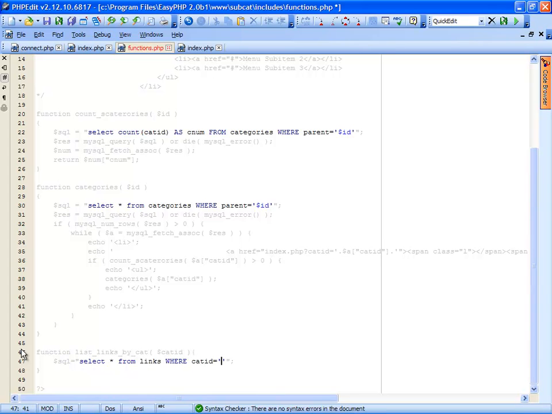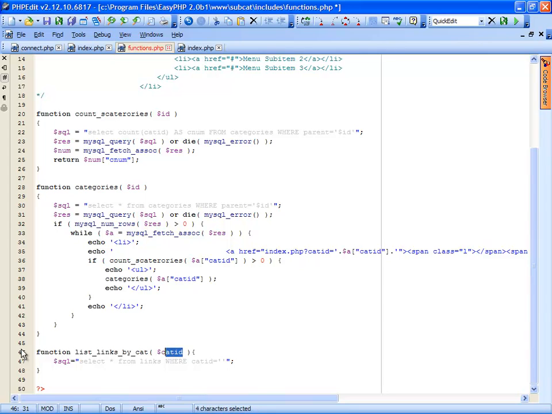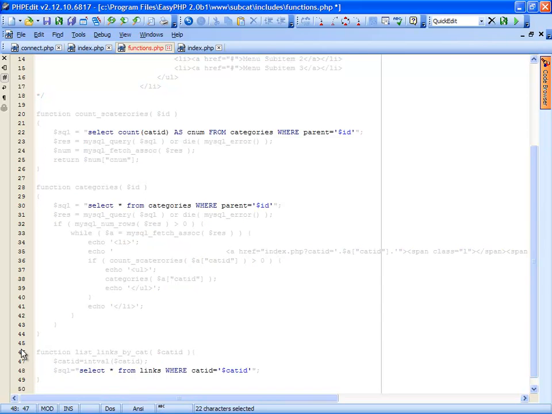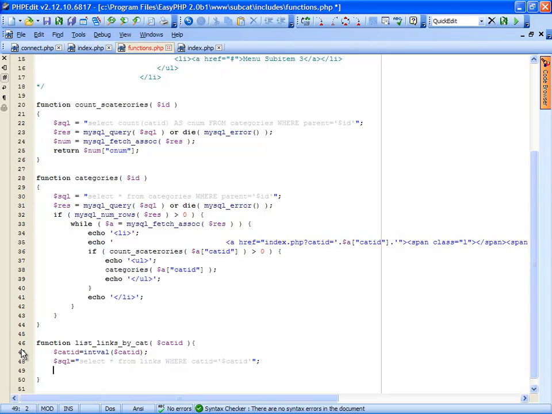So category ID should be intval category ID to protect from SQL injection, and pass here the category ID and go through the results. So run the SQL and if there is a result,